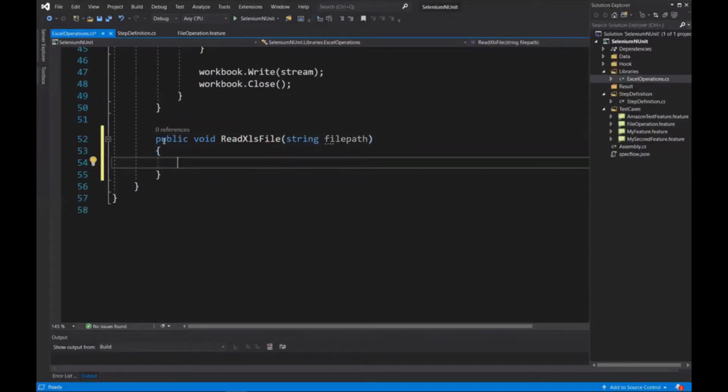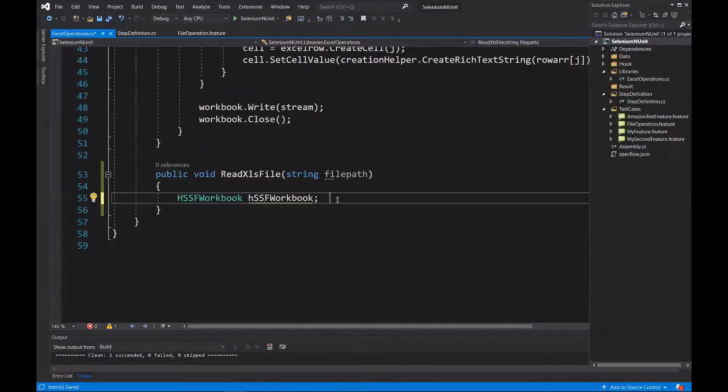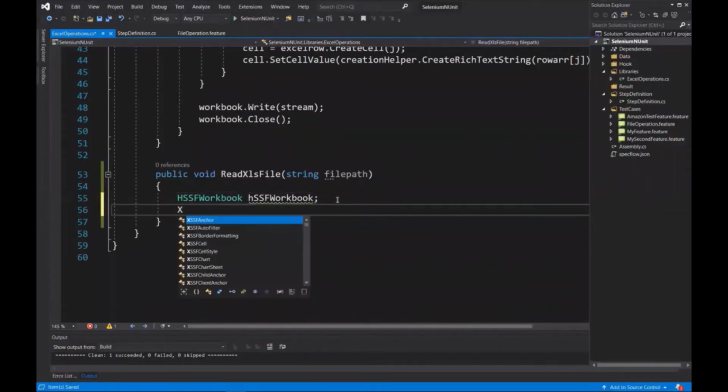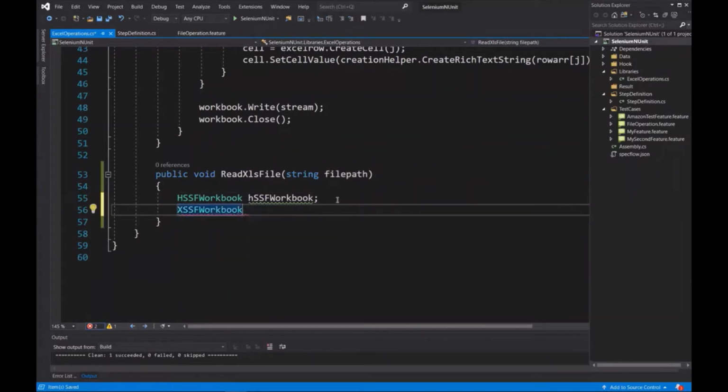Now first of all, we have to create an object of workbook. If you want to work with an XLS file, then you have to create an object of HSSFWorkbook. And if you want to work with an XLSX file, then you need to create an object of XSSFWorkbook. You can handle these object creations based on the format you want to work with.